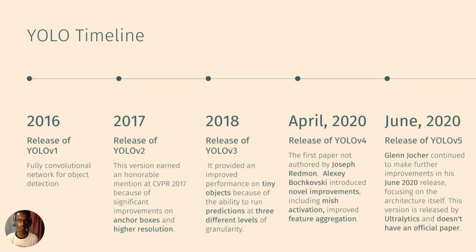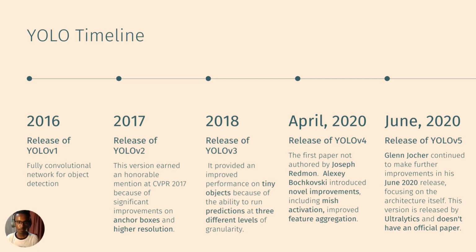In this section, we will look at the timeline of YOLO, starting from its inception right until now. In 2016, YOLO v1 was released, and it was the first fully convolutional network for object detection. In 2017, we have the release of YOLO v2. The version earned an honorable mention at the CVPR 2017 because of its significant improvements on anchor boxes and higher resolutions. In 2018, YOLO v3 was released, and it improved the performance on detecting small objects because of the ability